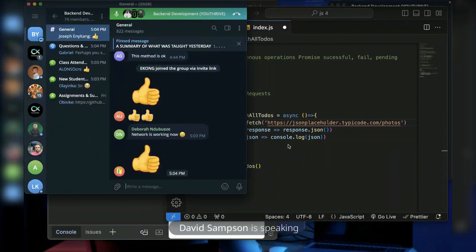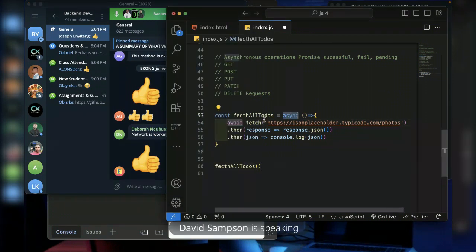So, what is async and what is await? Async means that this function will take a while to run. It will not complete immediately. Here we are console logging this, and we are using the response that is returned here.